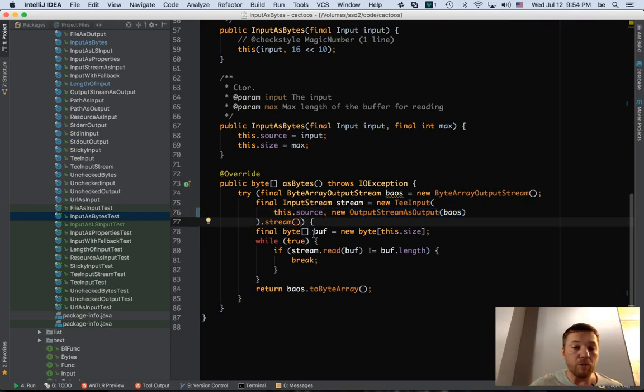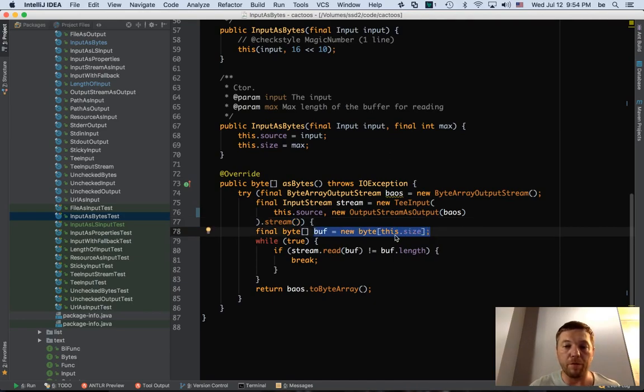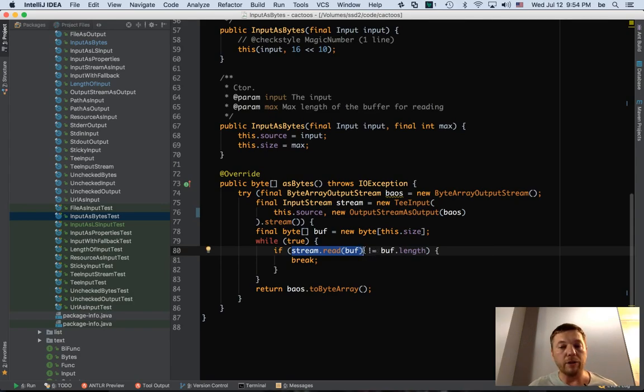And then we run the endless cycle. We create a small buffer with some size. I mean, there's going to be some temporary buffer in memory. And then we just call the stream, read something into the buffer. And if the amount of bytes you got there is not equal to the size of the buffer, then most probably, not most probably, but definitely that's the end. So it was my code.